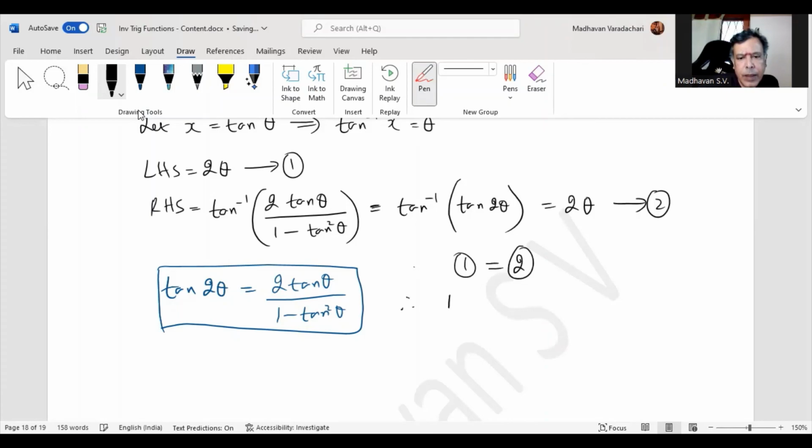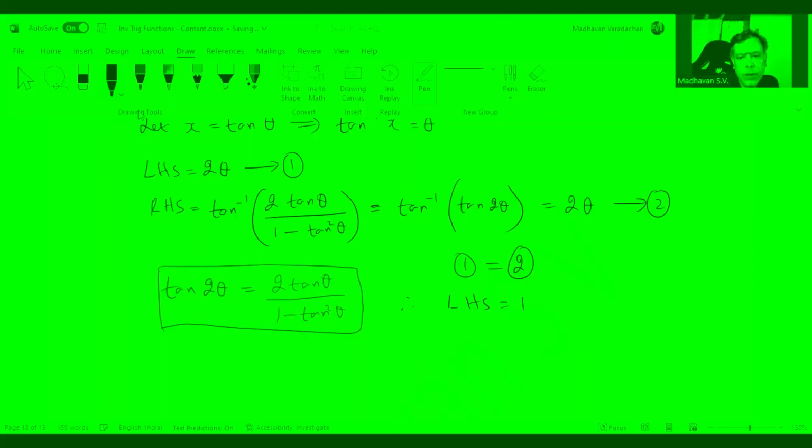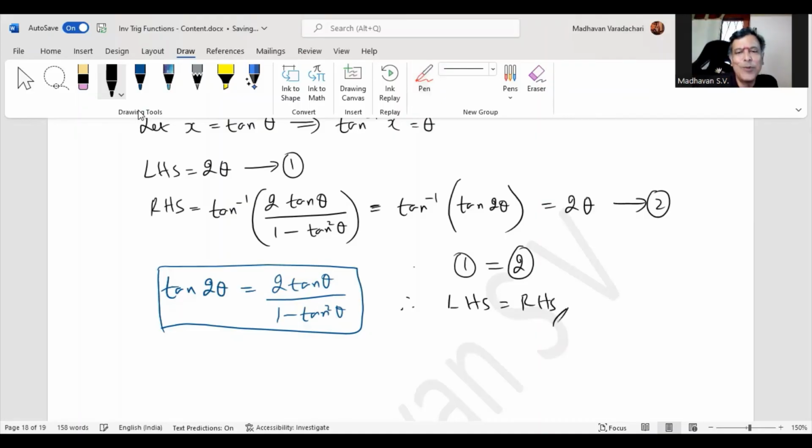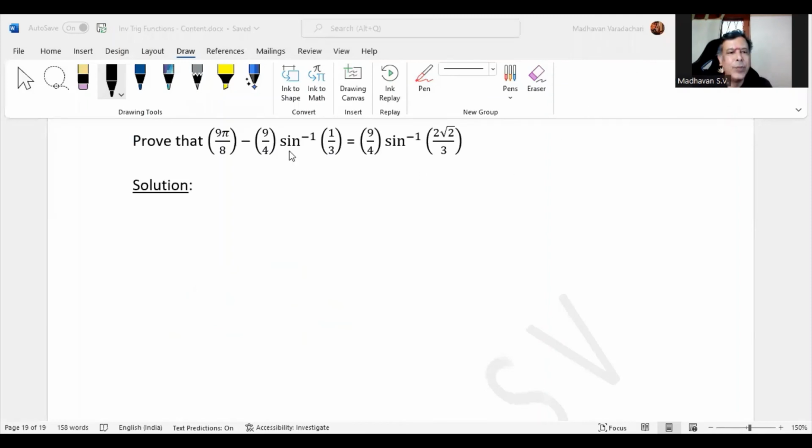Therefore, LHS is equal to RHS. Hence the proof. In this, we need to prove that 9 pi by 8 minus 9 by 4 sine inverse of 1 by 3 is equal to 9 by 4 sine inverse of 2 root 2 by 3. So from this, the above question can be modified to say that it is the same as proving that